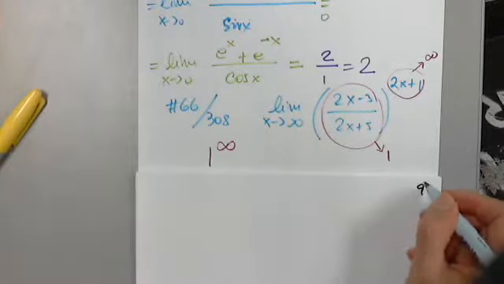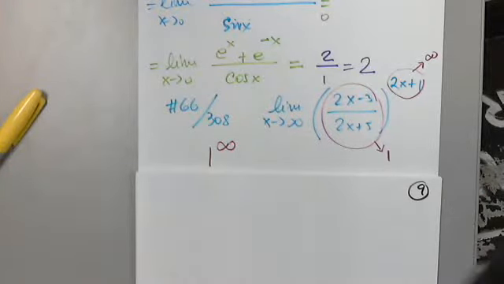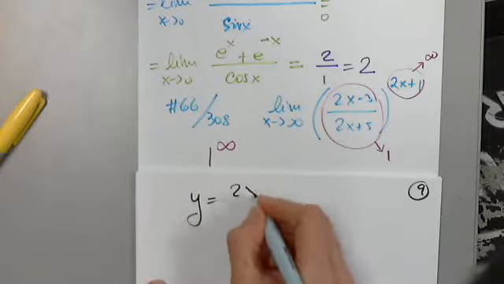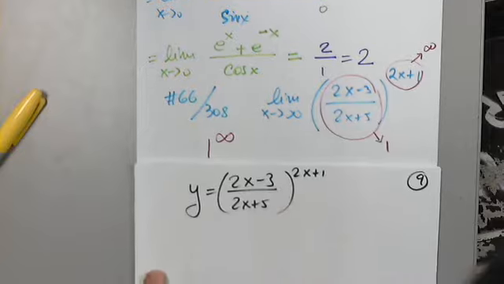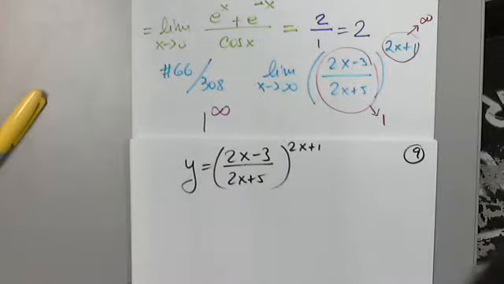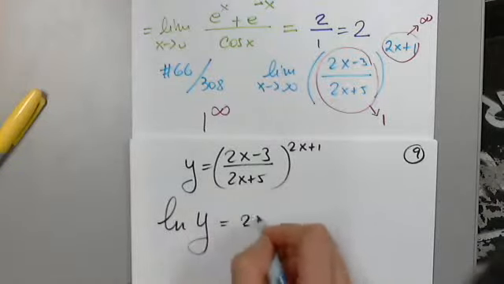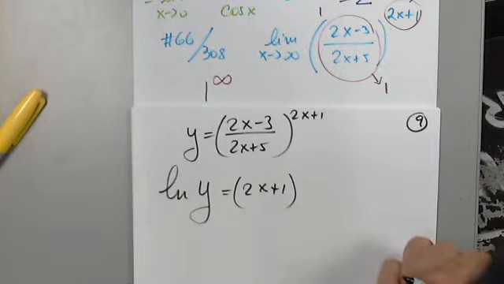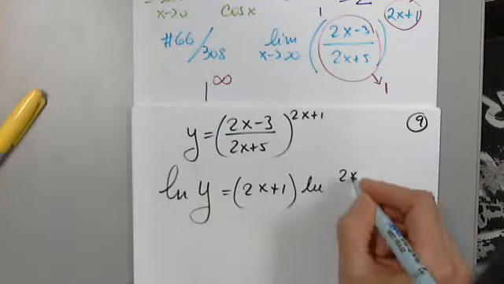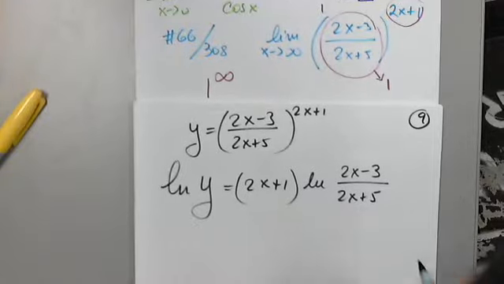And then, how do I start? Right, but I have to write that y equals (2x minus 3 over 2x plus 5) raised to 2x plus 1. And remember, I cannot bring down the power unless I do something to both sides from the very beginning. If I only do it to this side, it's wrong. Very good, awesome. So then I can write natural log of y equals (2x plus 1) times natural log of (2x minus 3 over 2x plus 5). If I omit to put parentheses around 2x plus 1, I make a huge mistake.